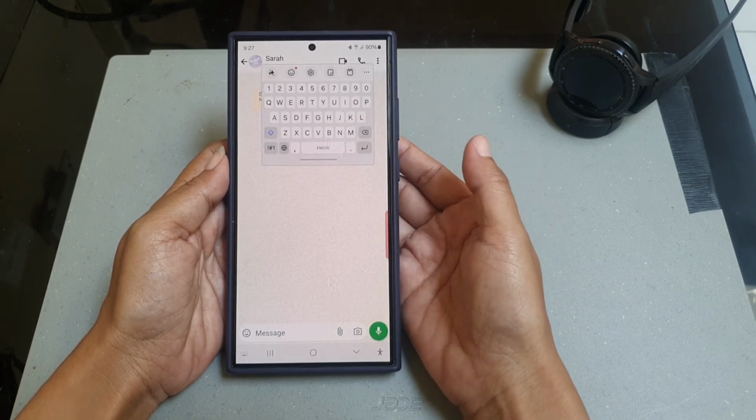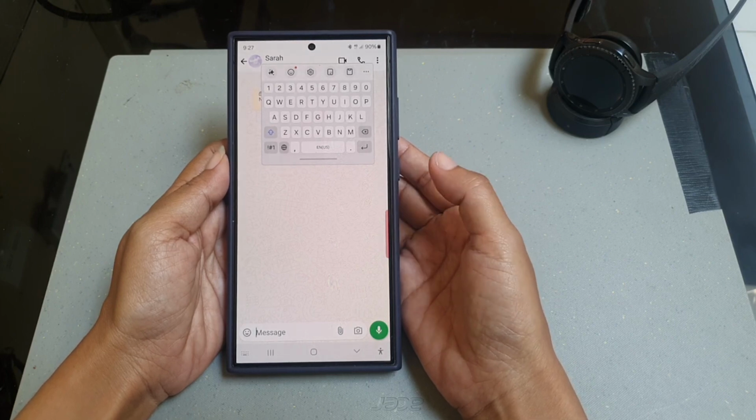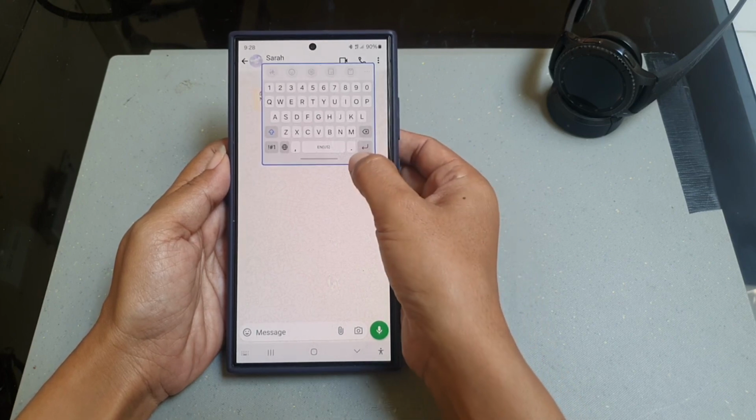If needed, you can change the keyboard position by dragging the bottom side of the keyboard and then move it